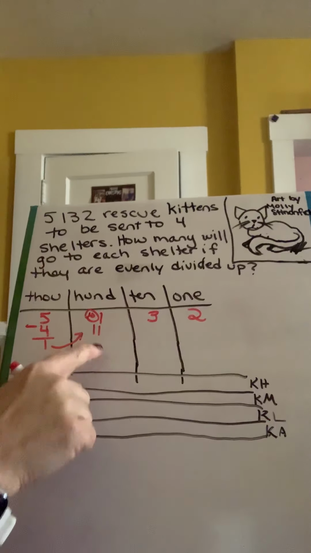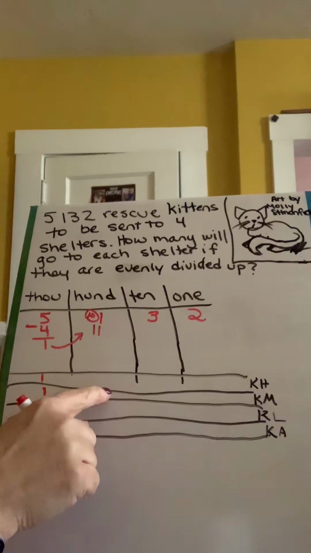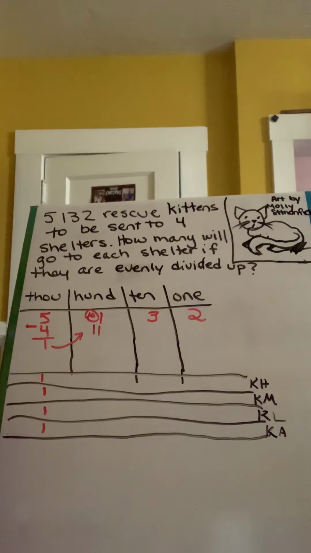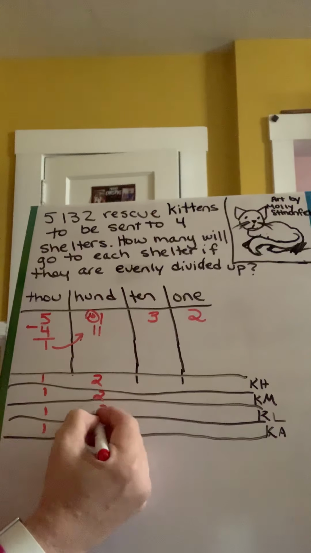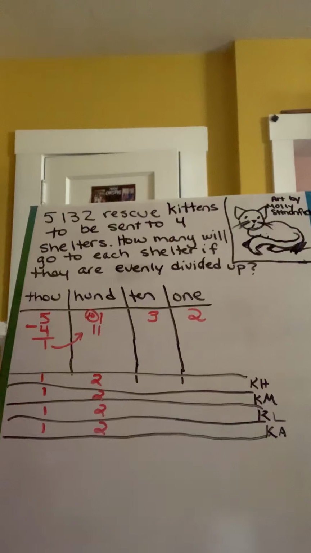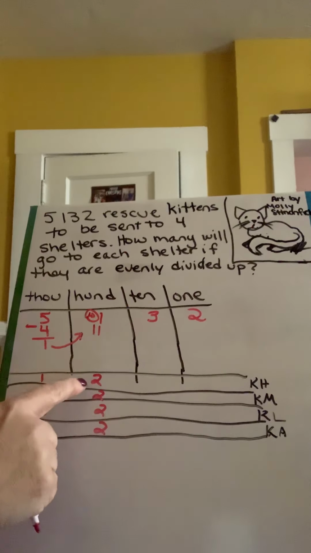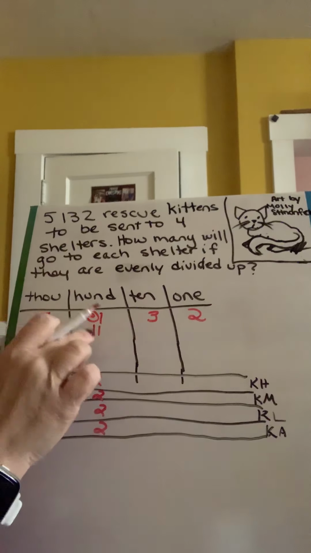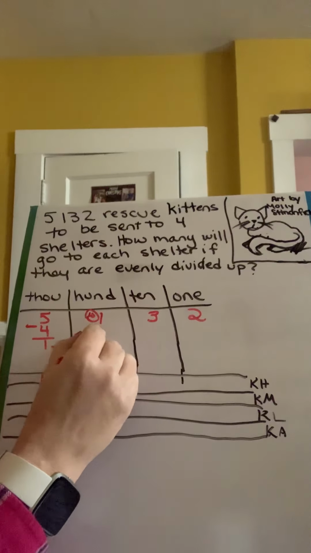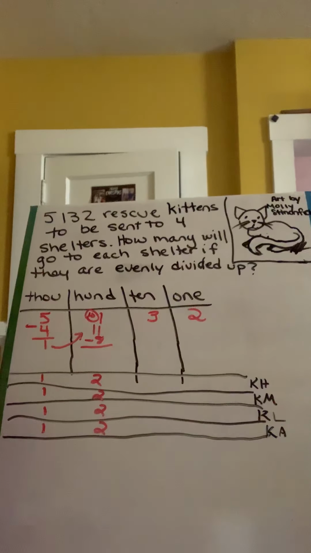So if we have 11 hundreds in 4 shelters, there's enough where they can each get 2. Came close to 3, but we were just short. So if each shelter got 2 hundreds, that would be 8 altogether. We had 11, we gave away 8. 11 minus 8 is